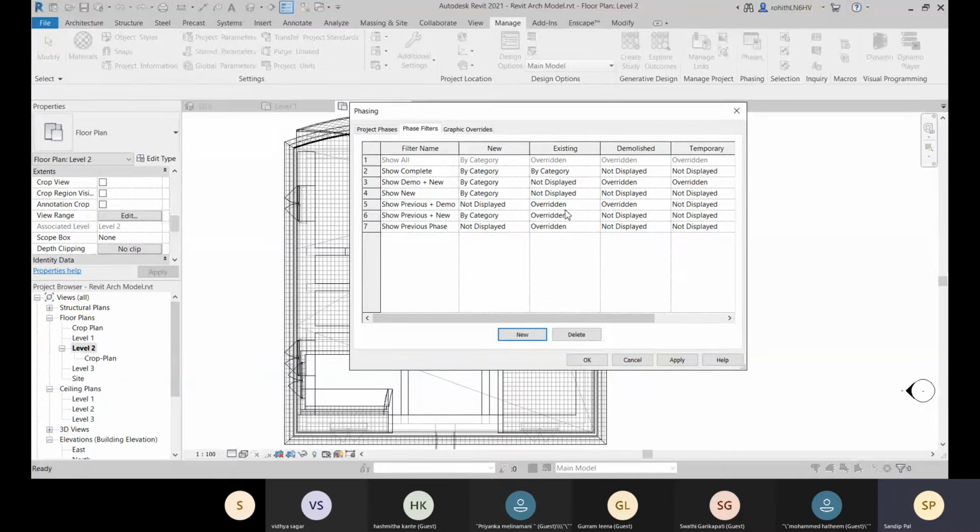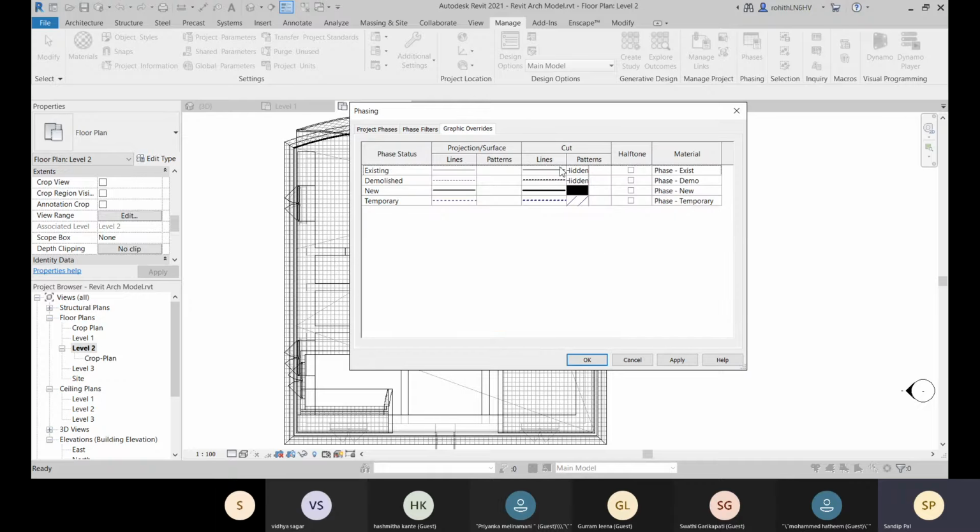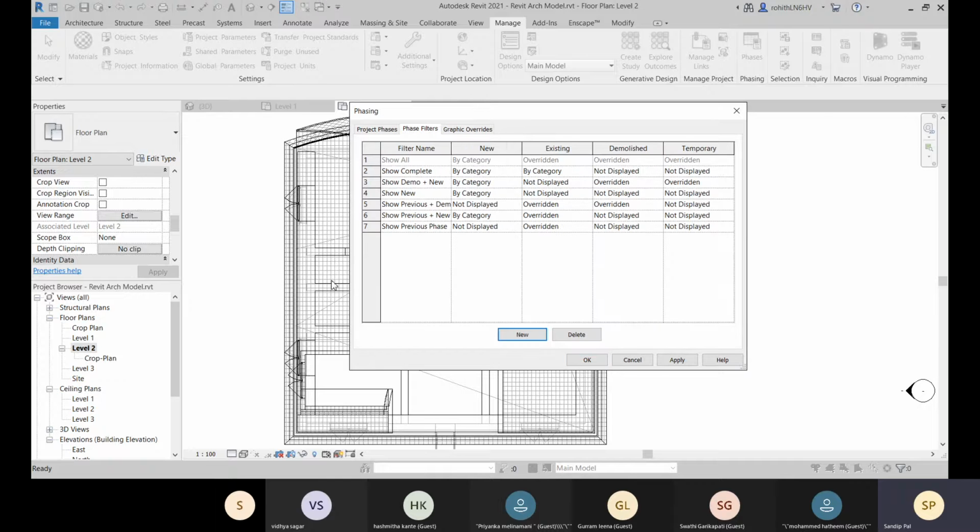And if you go for these phase filters, if you choose these things, let me tell you about that. Existing will be overridden and demolished will be overridden, with these graphics overrides. Okay, so these are all the settings for your phase filters.